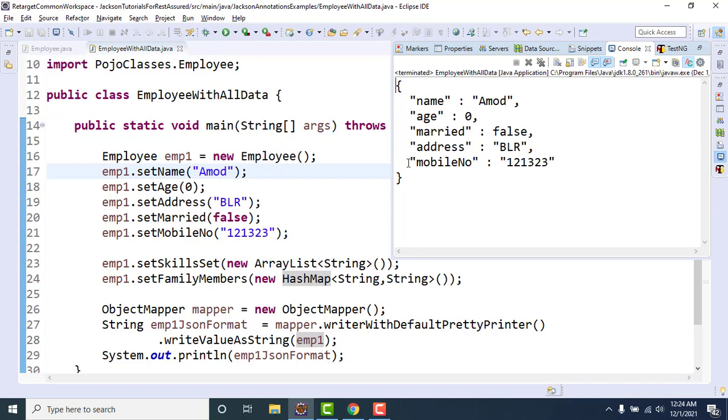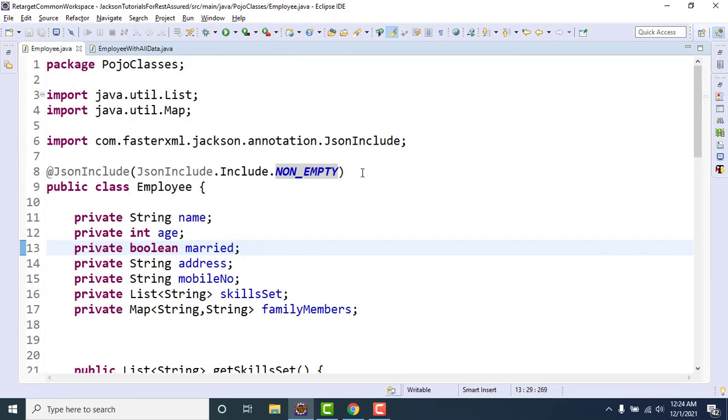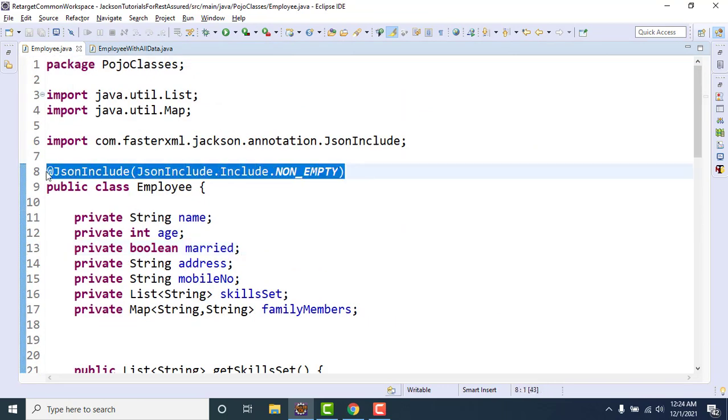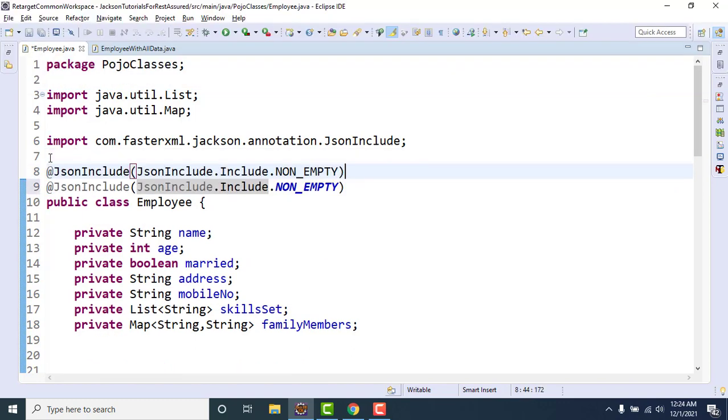Now you might be thinking, maybe for different scenarios we may need to use different values, right? So how can you have all the values here? You cannot add multiple include values here. Like, let me add one more annotation here, and here I will use non-null.